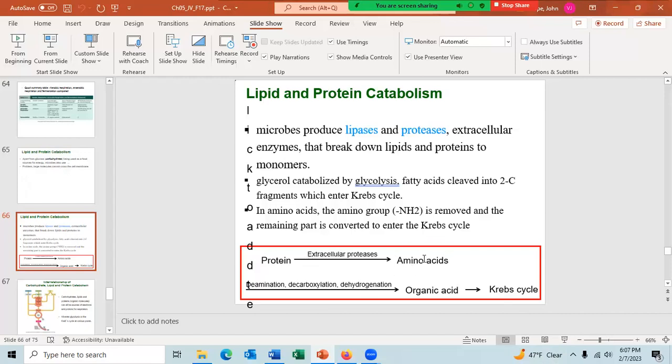Amino acids are now small enough to enter the cell, although they do that in a transport protein if they're a eukaryote. And this is the way that humans actually digest their food with large lipases and proteases. We secrete the enzymes into our gut and then allow the enzymes to digest the protein in the ham, for example, or any other protein.